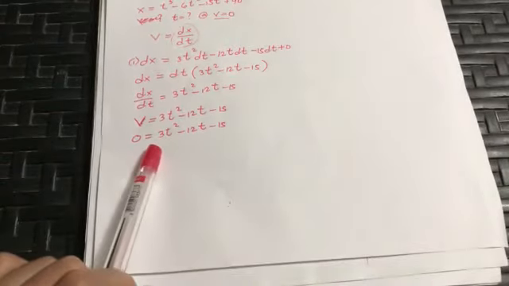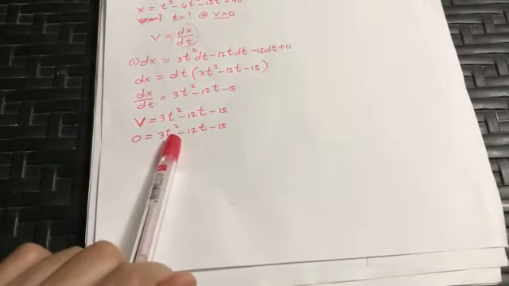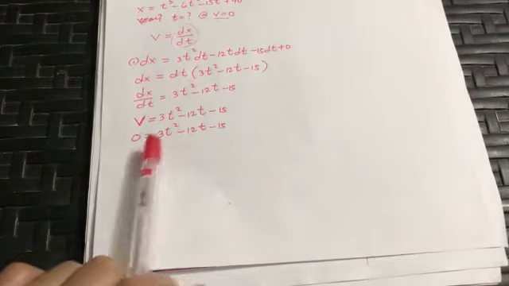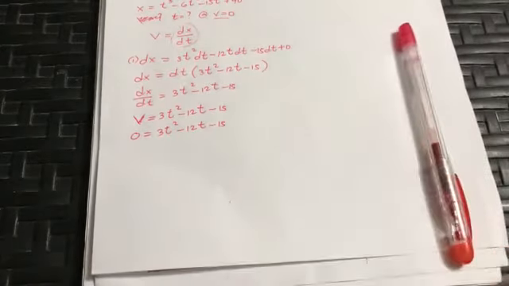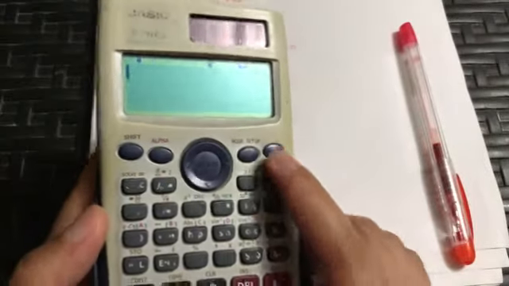By the way, if you notice, this is a quadratic, where we have a t squared, which means this equation will give us two values for t. So we need to get those two values. Okay. We can go to our calculator mode,